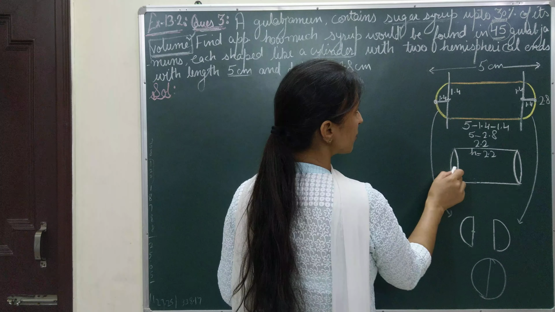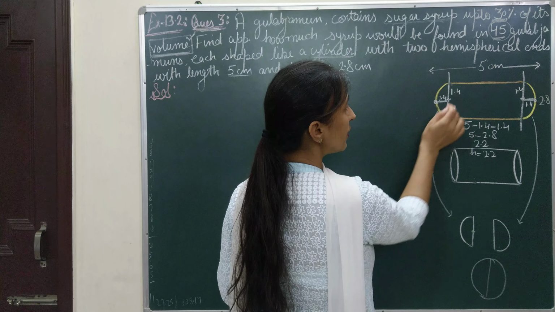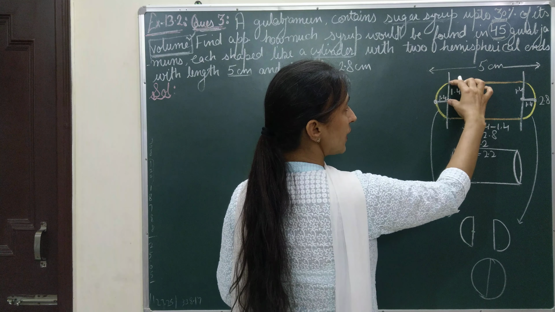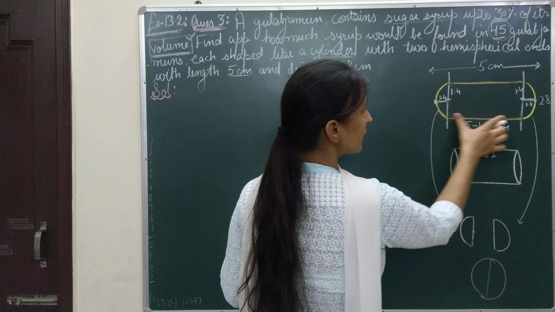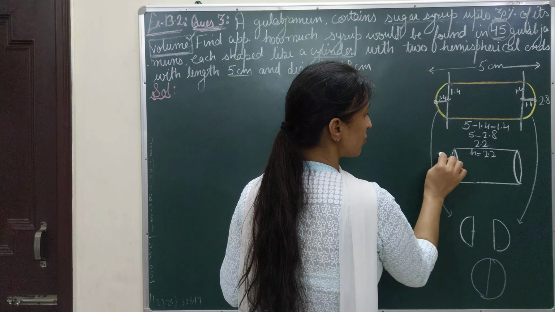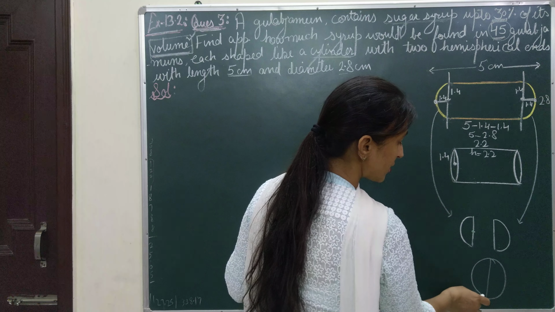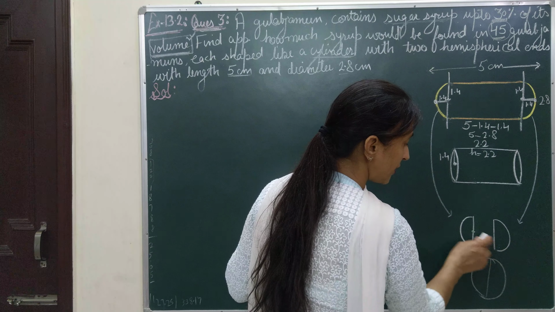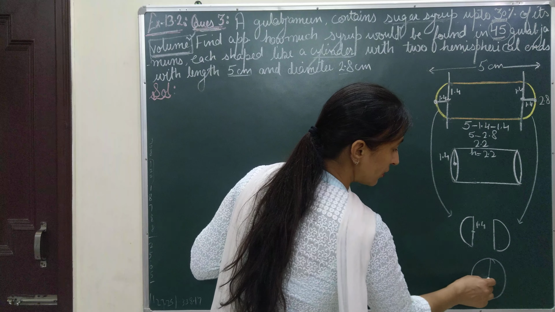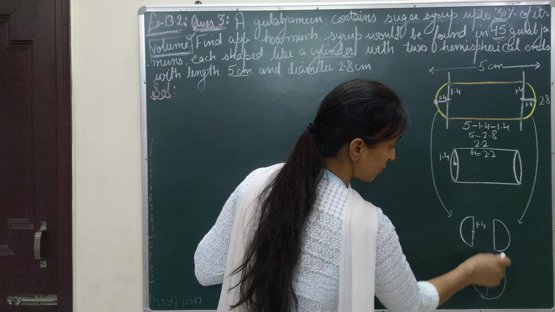Now what about the radius of this figure? As it is cylindrical and the cylinder is joined with the hemisphere, the radius of both the shapes will be same. This hemisphere is having 1.4 radius, so this cylinder will also be having 1.4 as radius. So this radius is also 1.4. Now let us talk about this spherical shape. As this shape is made by joining these two hemispheres, and this hemisphere is having 1.4 as radius, that will be same for the sphere also, as this is made by joining these two shapes.